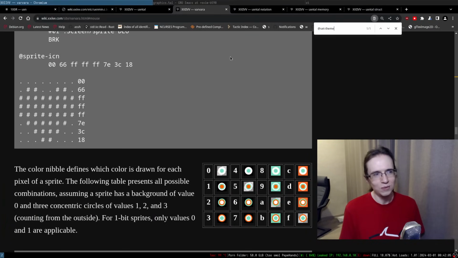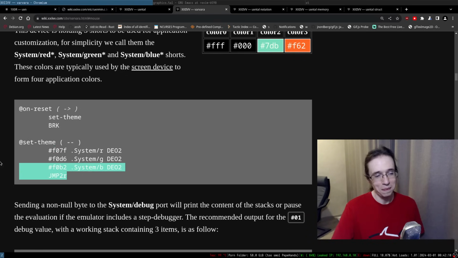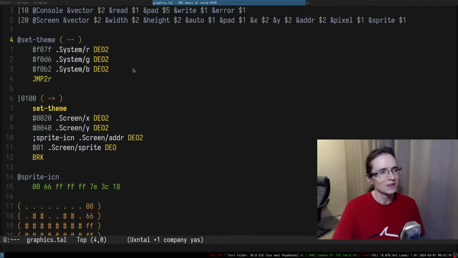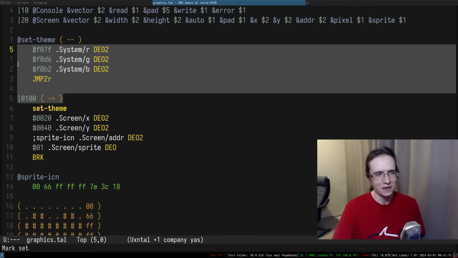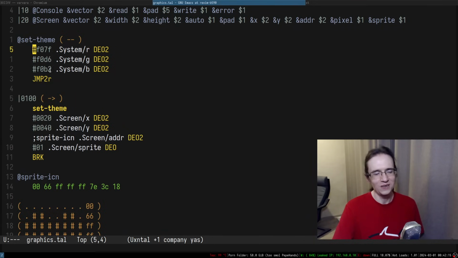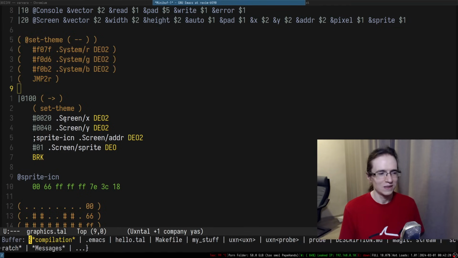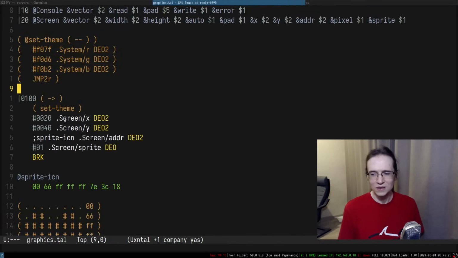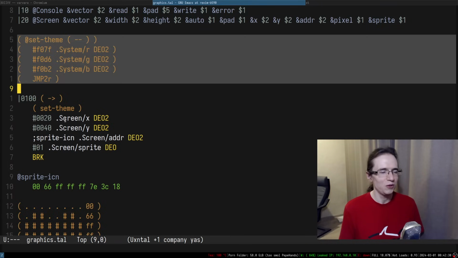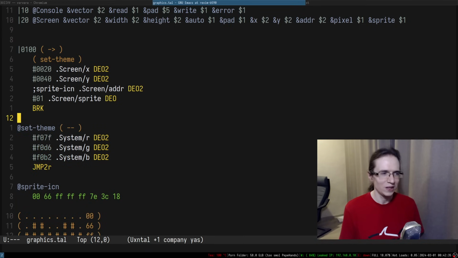So set theme is... what did I miss in here now? How is this an invalid token? Can I just not do that? All right. So, oh, this is before. Okay. So it has to be somewhere here.